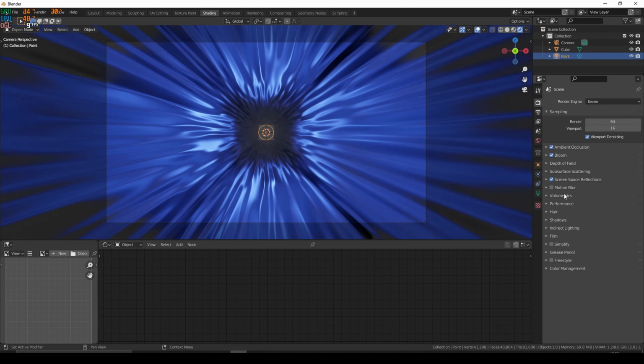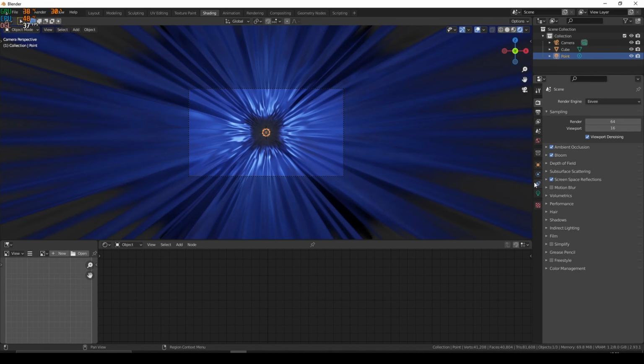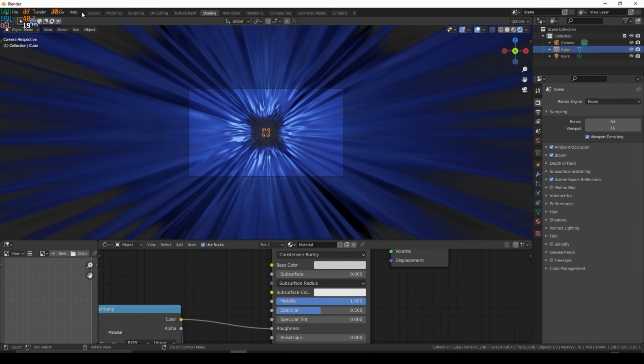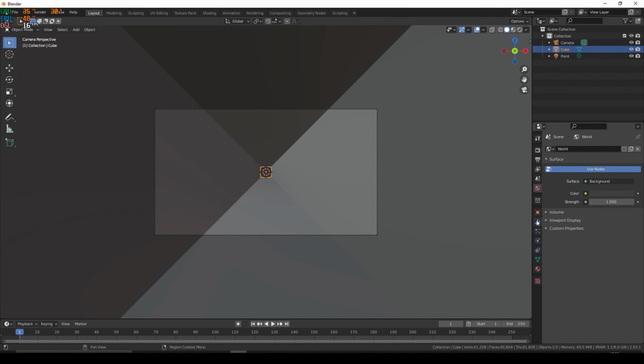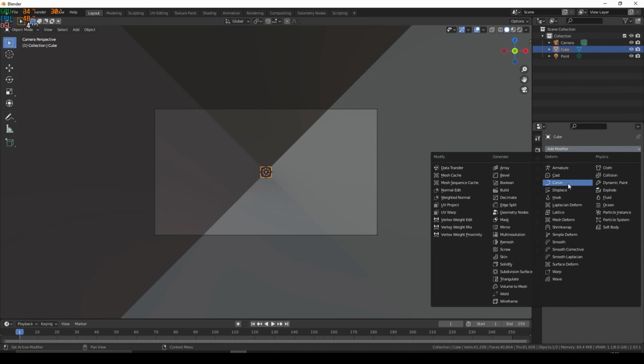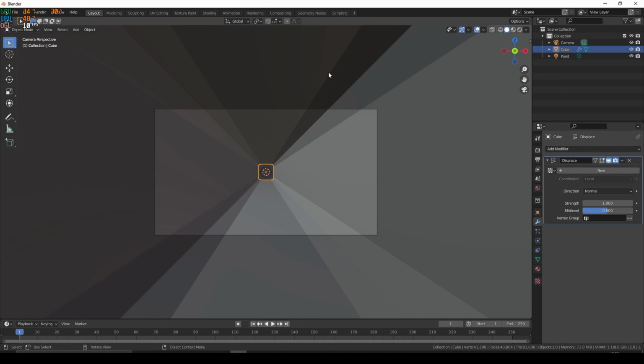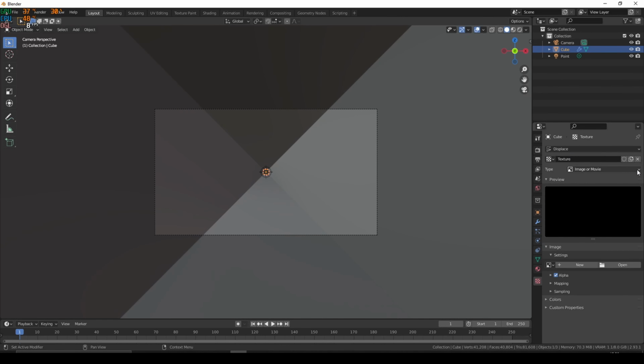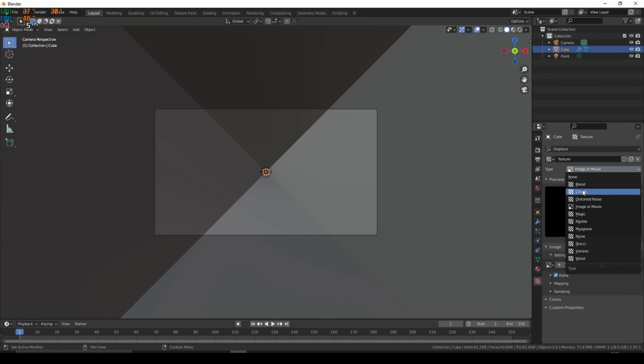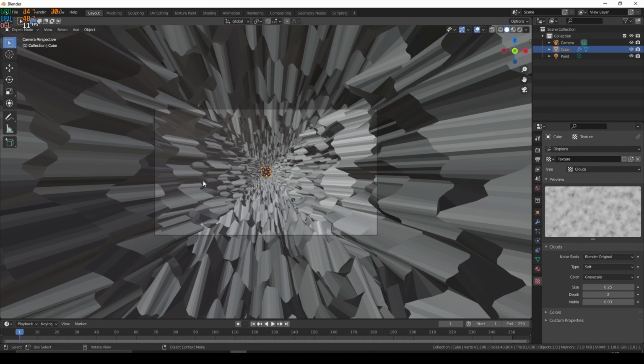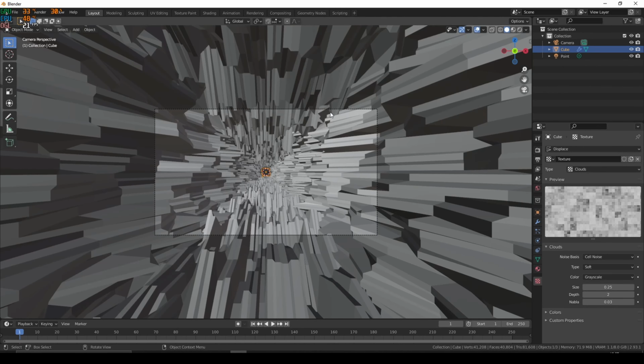Then we're going to go to our modifiers. So we're going to click on our cube, and we're going to give it a displace modifier, and it doesn't look great. So we're going to hit new. We're going to go over to this little icon and select clouds. And now this looks exceedingly weird looking. But we want to change this to cell noise. Now it's a bit more